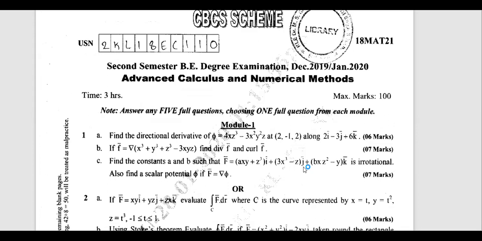A is 6 and B is 3, I guess. This question number 1C is solved in the class. Not to worry. What about this? You can take this as homework. Question number 1C, you take. Because in all the brackets you have only A. But not to worry, when you go for curl, you will get that A appearing in only one bracket. That is the coefficient of k. That you can observe.